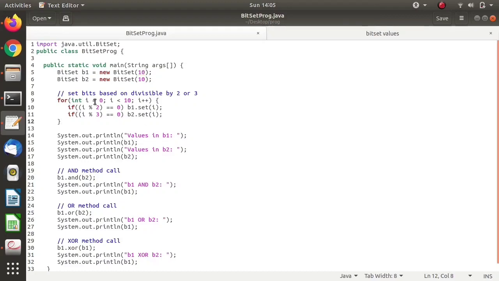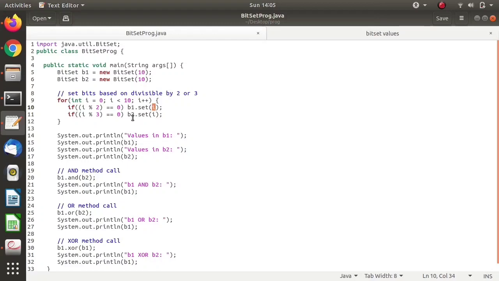Now we are changing the values, wherever the index is divisible by 2, we are setting it. For bitset there are two main operations, set and clear. Set means that for that particular index we make the value 1.